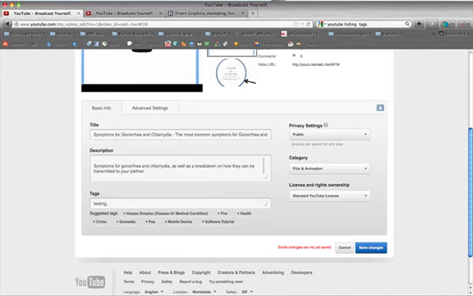What I mean by that is you can say the keyword twice in a different variation, and Google doesn't penalize you for that. In fact, they give you points for being more relevant. So in this one, we're going to say symptoms for gonorrhea and chlamydia, the most common symptoms for gonorrhea and chlamydia. So I used symptoms for gonorrhea and chlamydia twice in the title phrase because that's the keyword that I'm going after.